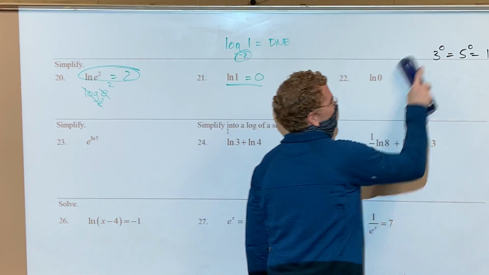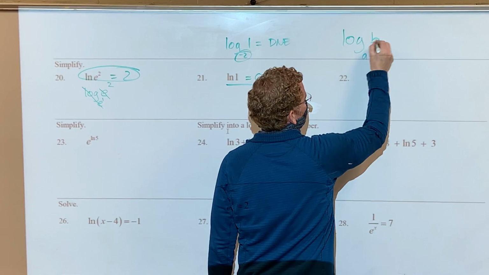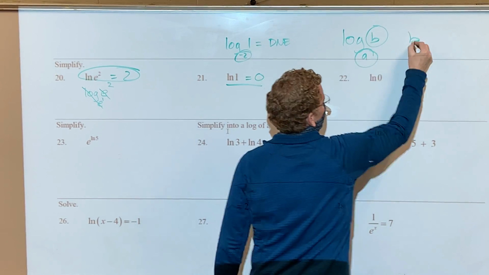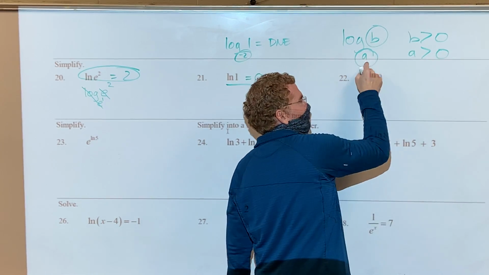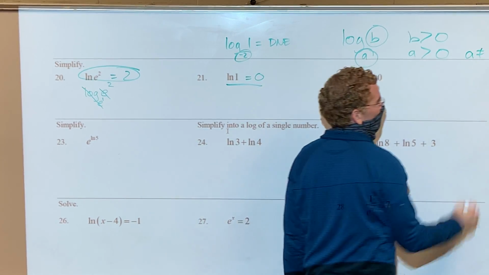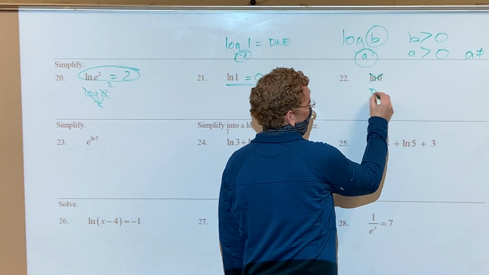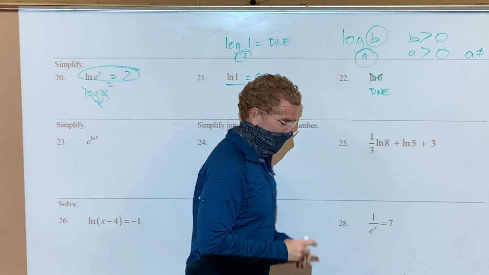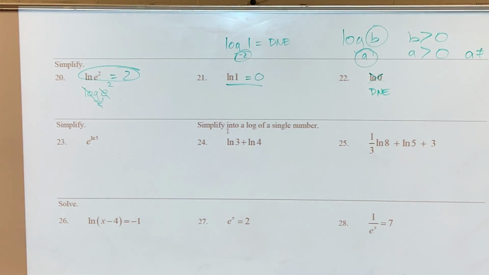Here, our rule is when you're logging, what do you know about these 2 values? They have to be greater than 0, and that one also can't be 1. Well, look, that's not greater than 0. D and E. Yes, yeah. Okay, so besides the review, what's